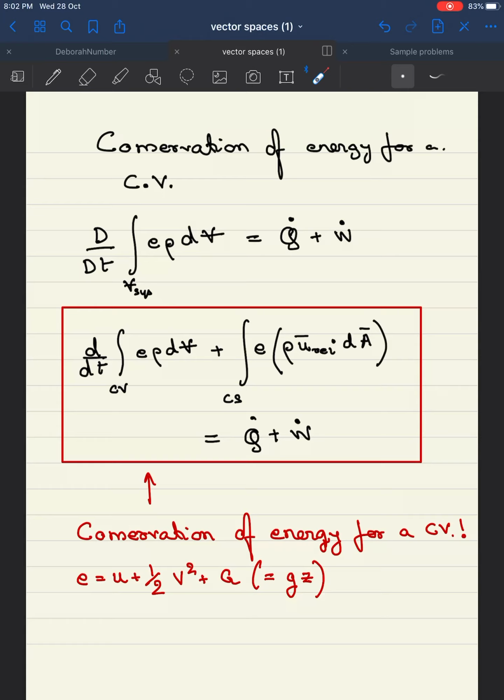On this side you have the time derivative of the energy inside the control volume, and this accounts for transport across the control surface. So this is your left hand side, and on the right hand side you have the energy terms that are being added to the control volume, right? Although this doesn't have the subscript, this Q dot is into the control volume, this W dot is also into the control volume. And we had seen that this expression of this E is equal to this particular form,